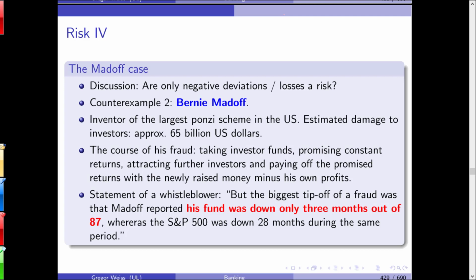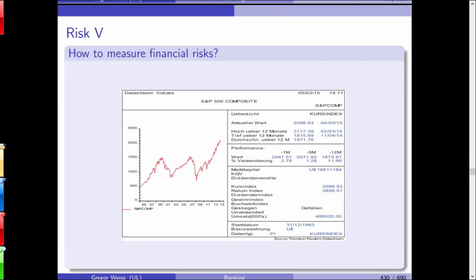Why did I bring these two examples? To show you that if something is too good to be true, this might also be an indication of risk. Do not always look at financial losses, but if you think that something is too good to be true, a high return with supposedly no risk at all, there should be a risk. It might be that it's legal, it might also be that it's simply investor fraud. Yeah? So in many cases, we just look at financial losses, but these two very prominent examples show you that you might also want to look at those positive deviations if something's too good to be true.